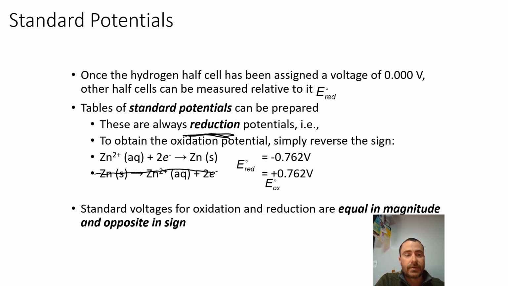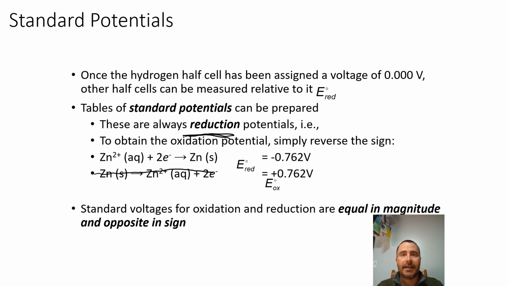So notice that I'm reversing the reaction. Zinc is now my reactant, producing zinc 2+ and 2 electrons. That's what we've been seeing all chapter long. That is the oxidation of zinc to zinc 2+. Notice that the standard voltage on that is the same, 0.762, but it's just